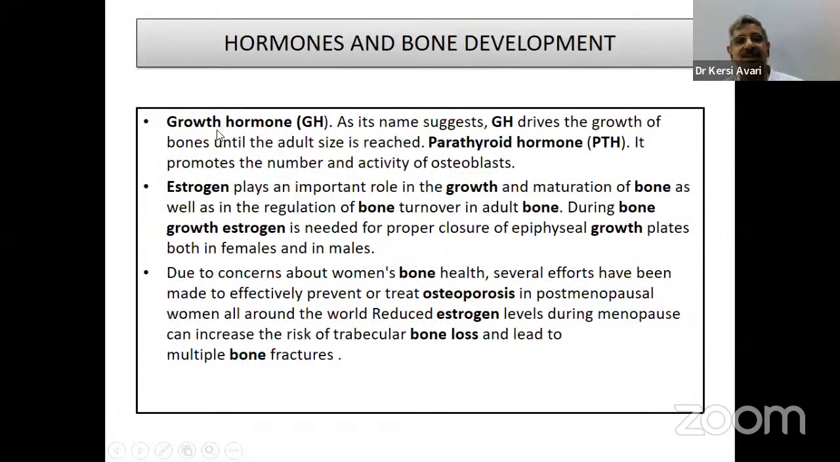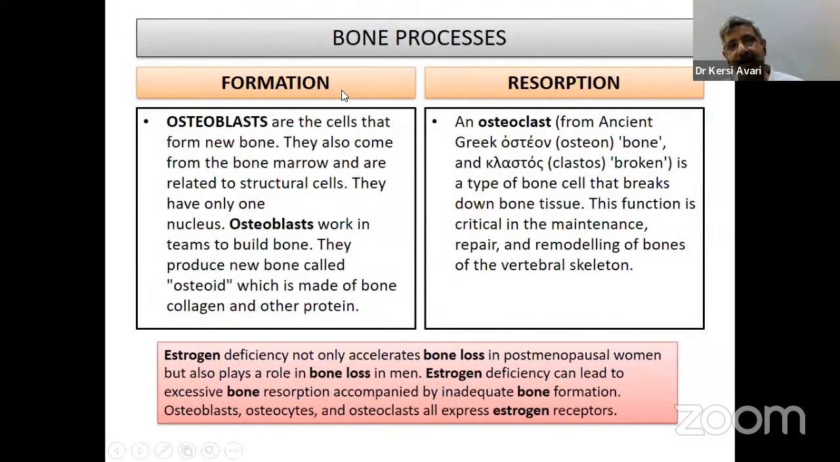Now, this is exactly what I was trying to tell you. Growth hormone, parathyroid hormone, estrogen, all together are responsible for bone health. Now, women are more prone to osteoporotic bone damage, because trabecular bone loss and bone fractures are high. This is what happens in a bone: the formation, osteoblasts form, resorption, the bone is removed gradually,